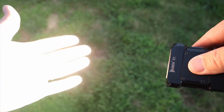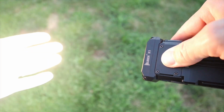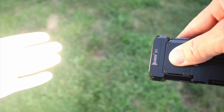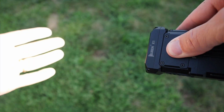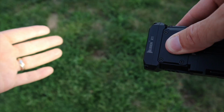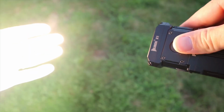Now, if you hold it while it's turned on, it's going to cycle through most of the modes. It's going to go eco, low, medium, high, and then revert back to the beginning. Whatever setting you leave, a quick tap turns it off. And then whatever setting you turn it off on is the same setting that it turns back on. Now, from any setting when the light is turned on, if you double tap, you get turbo mode, and